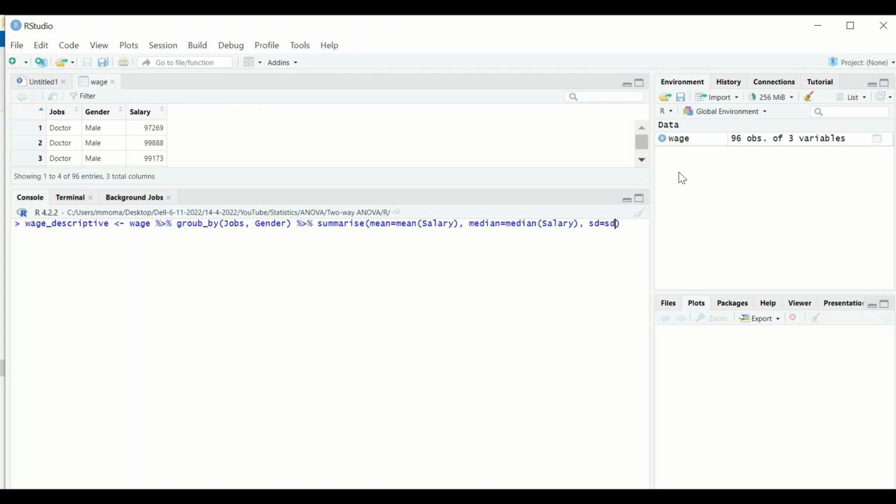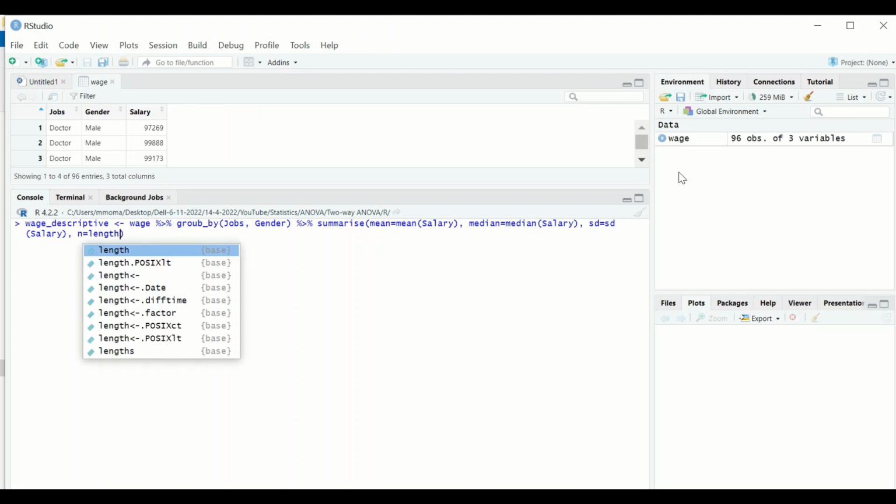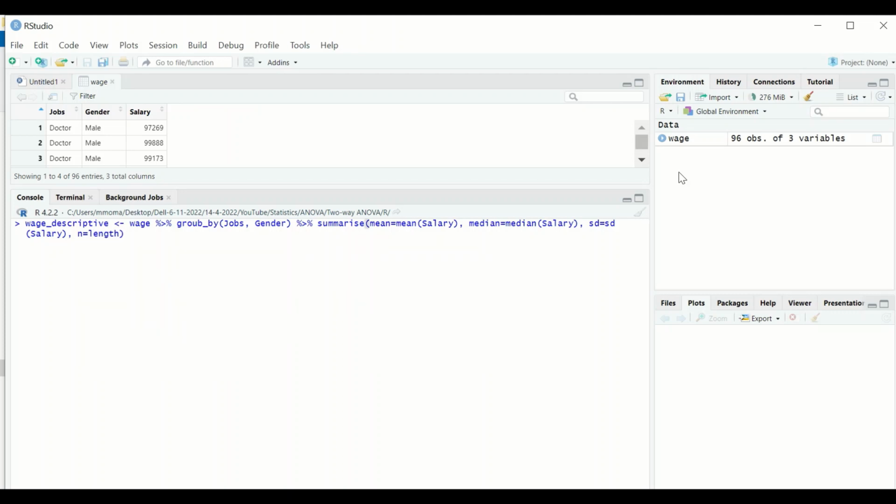Type SD, then SD, open a bracket, type salary, and then comma, and then to find out the number of cases in each group, type n equal to length, open a bracket, open a bracket, and then salary again, which is the continuous variable, and finally to calculate the standard error, type